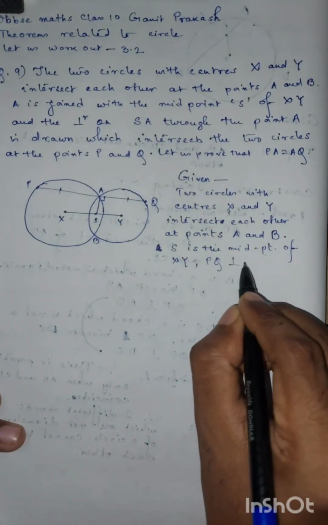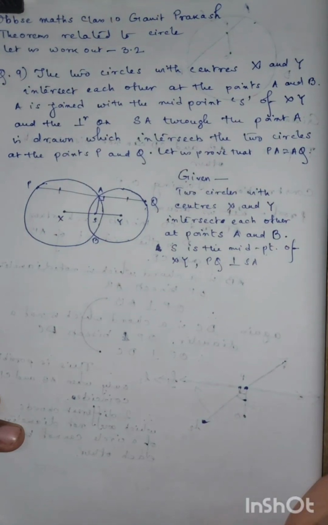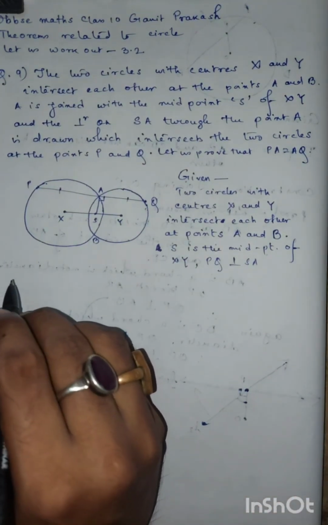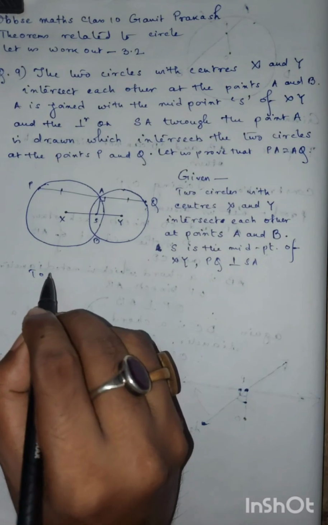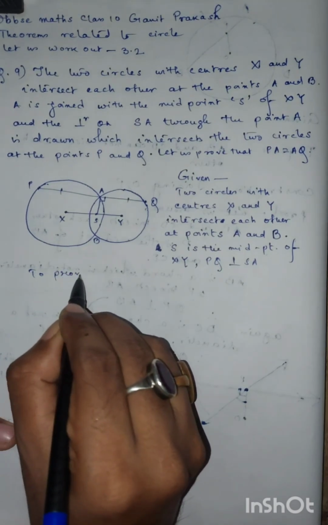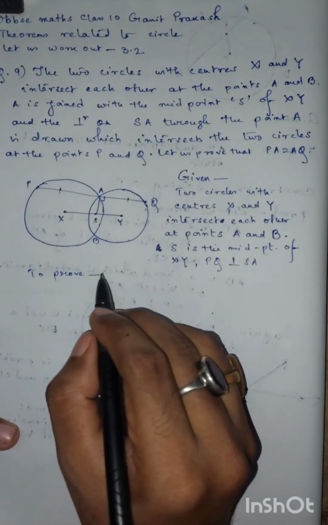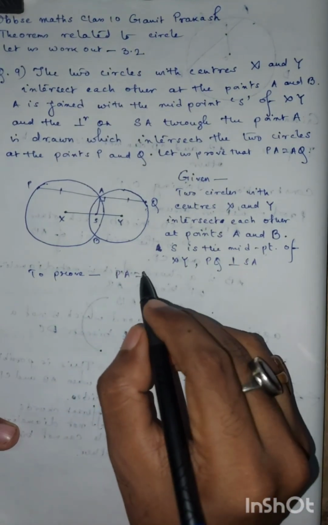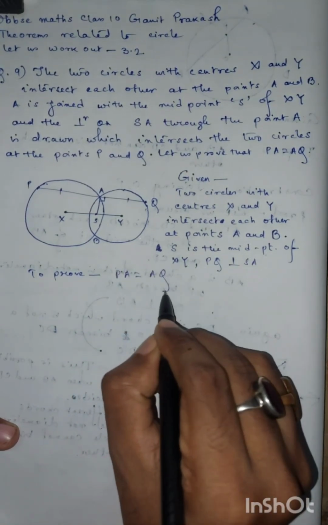PQ is perpendicular to SA. Now, to prove PA equal to AQ,